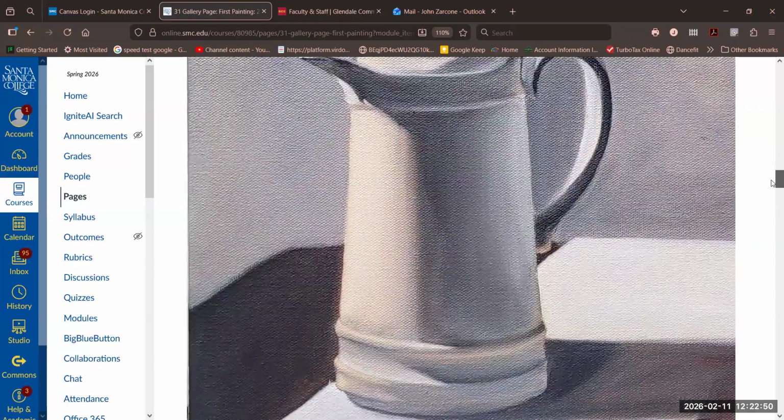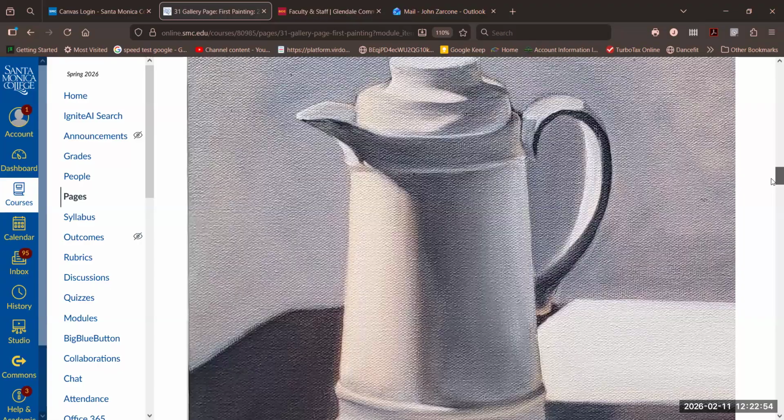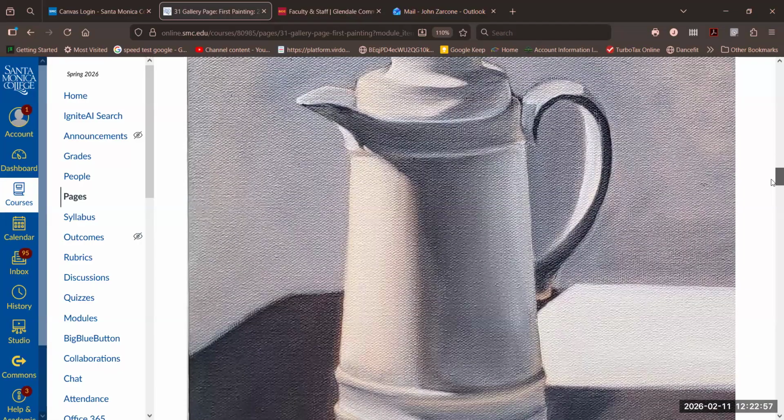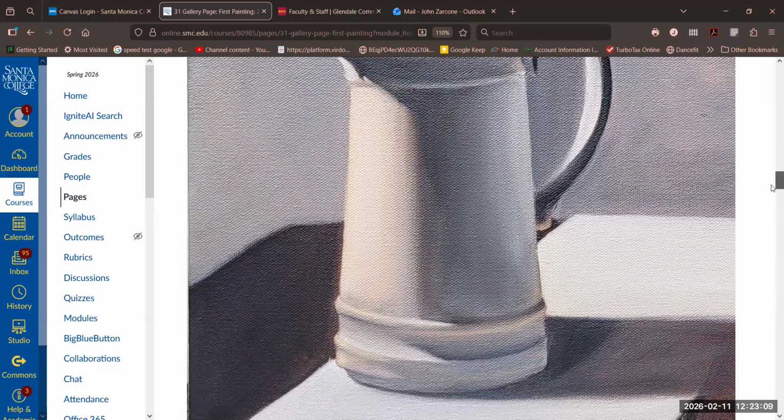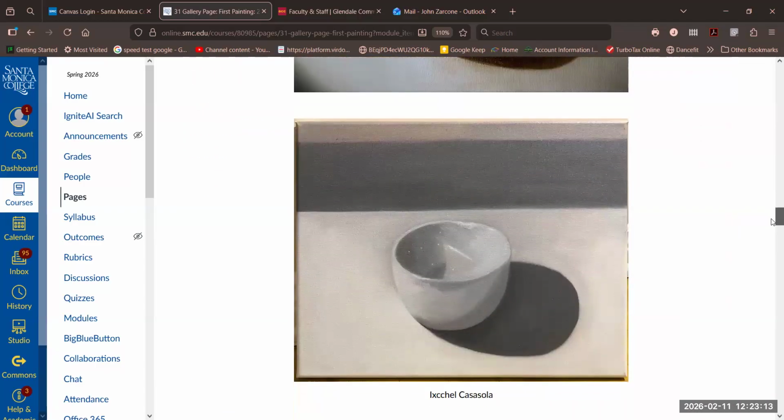And then here you can see this is the achromatic overpainting, where we're painting on top of that underpainting. And now it's the opposite, the shadow areas are the thinnest areas of paint and the light areas are the thicker areas of paint. And now you're going to see a bunch of examples of that. So the underpainting, overpainting,